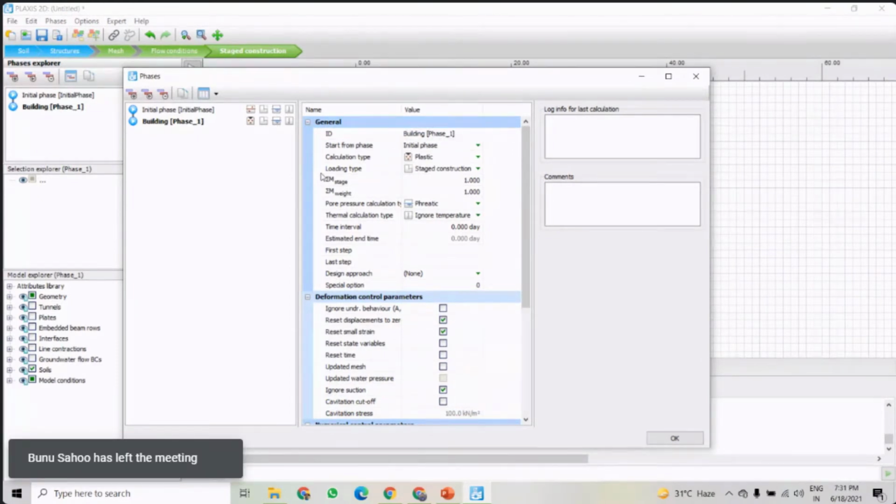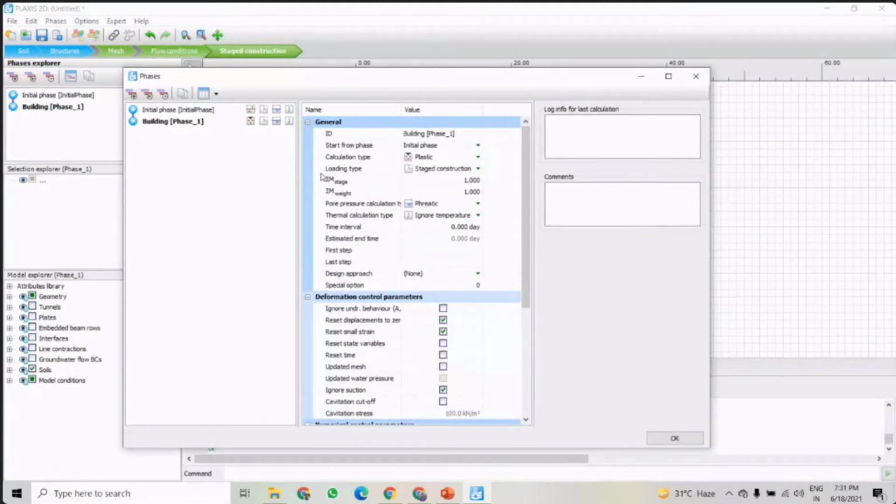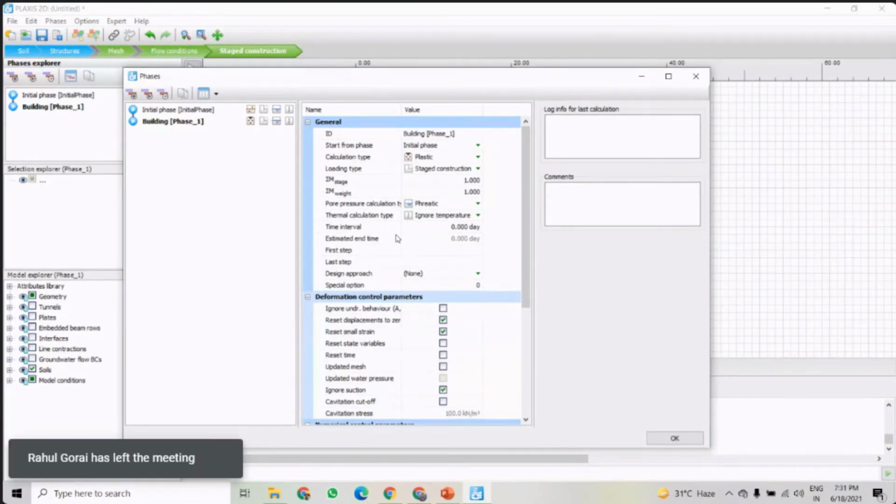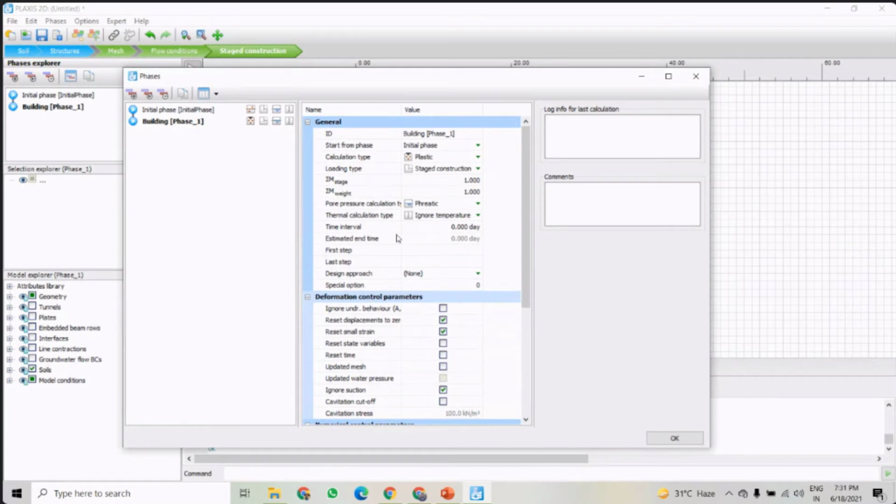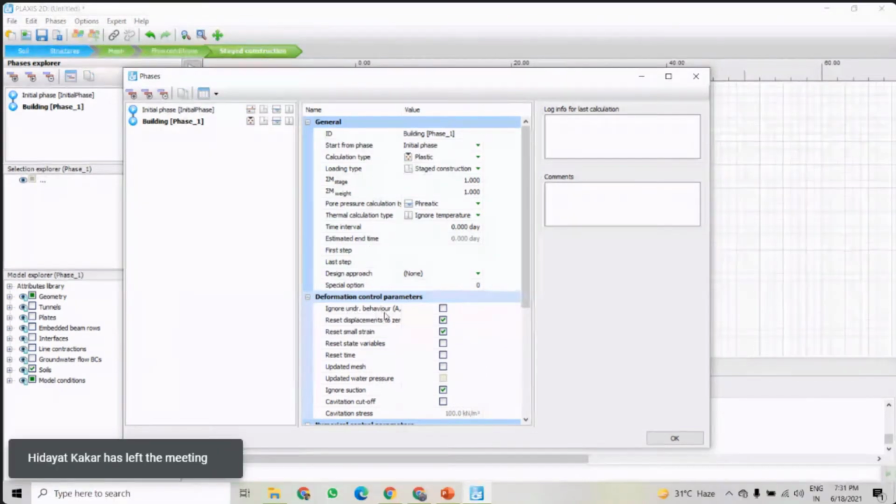In this phase, we will see here this is the ignore undrained behavior option.